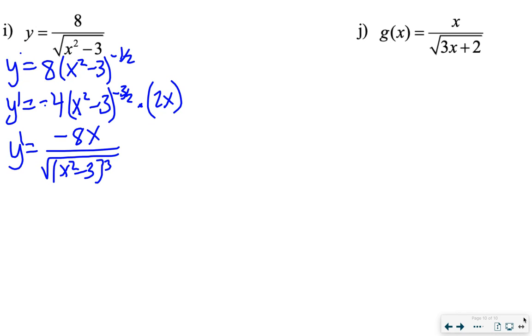Awesome, and the last one here, so because I do have that variable, I'm going to leave it as a quotient rule. I could change it, but then I still wouldn't be using the product or the power rule, I'd be using the product rule. So let's just leave it as the quotient rule. But first I'm going to write it as a rational exponent in the bottom there. So get x over